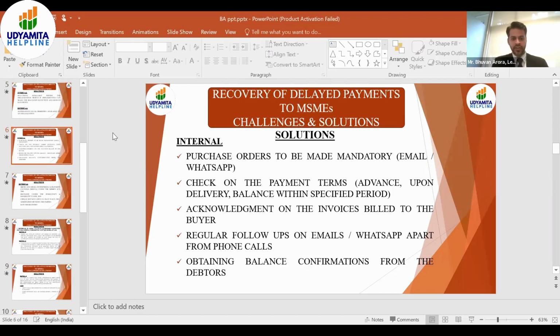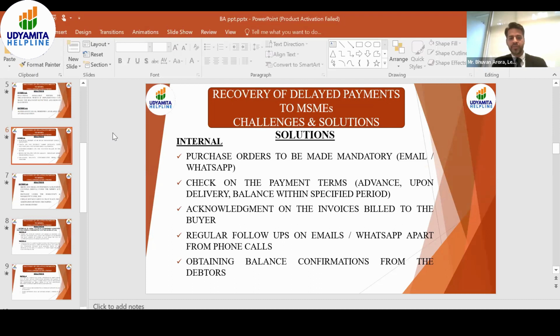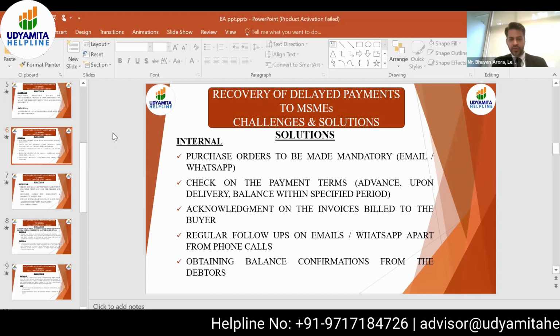So first we will cover internal. What internal measures are there? First is purchase orders to be made mandatory. जैसे मैंने चैलेंज में बताया था कि परचेज ऑर्डर नहीं होते। अब काफी क्लाइंट्स कहते हैं कि मेरे को फोन आया तो मैंने फोन पे ही उनको माल भेज दिया।